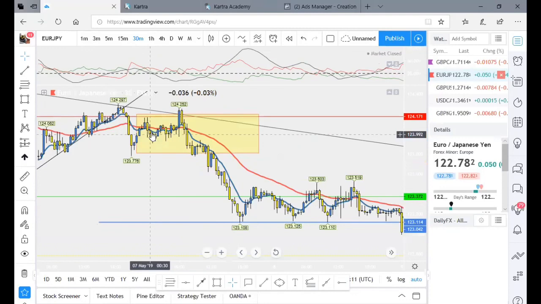All right, so like I said, we had a bearish engulfing on the low